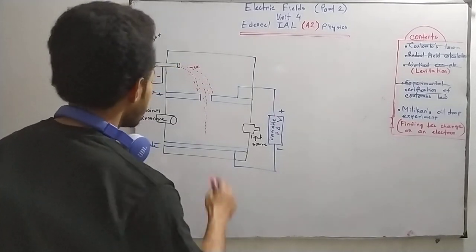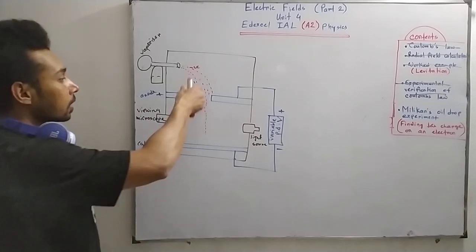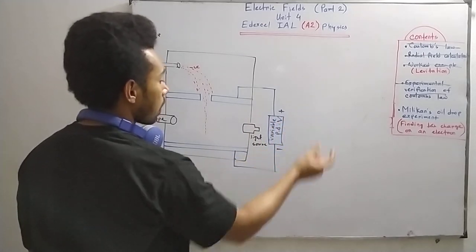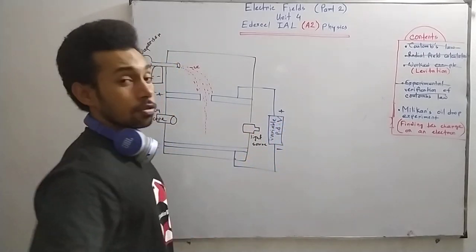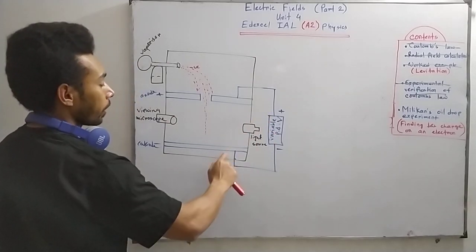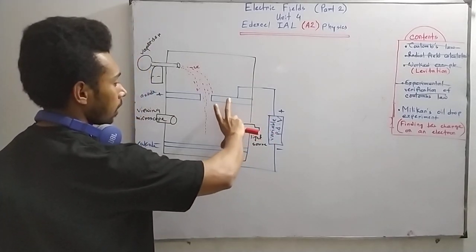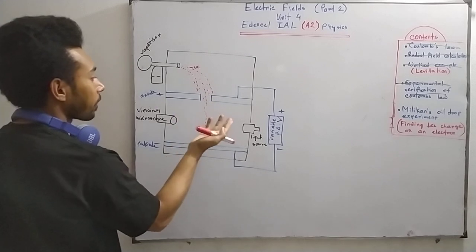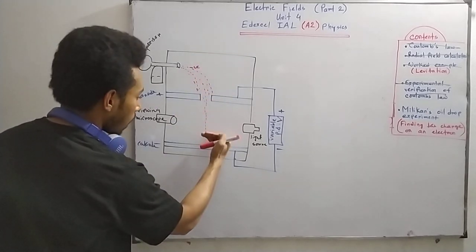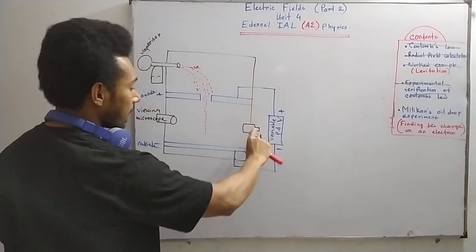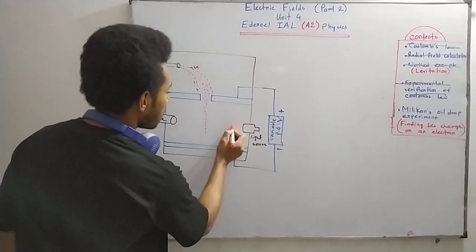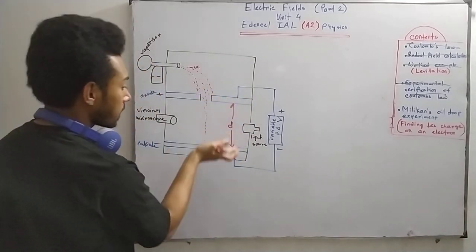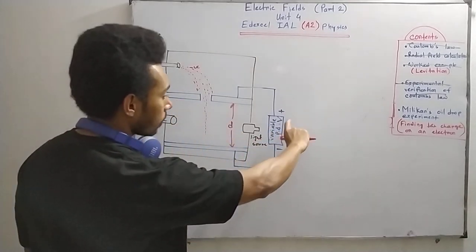Okay, and Millikan first did the experiment with the electric field turned on, or with the electric field switching on the supply. When the electric field is turned on, and you know that the oil droplets have mass, because of gravity they will fall downwards, and by adjusting the electric field, I have another thing here, the distance between the electric plates, the distance between the anode and cathode, D. So by adjusting the variable PD,